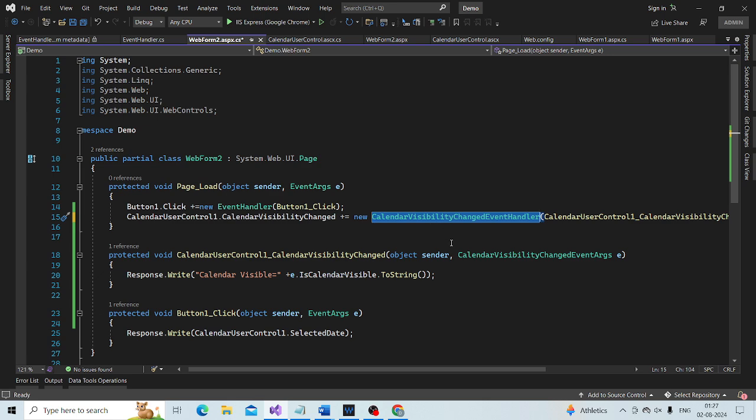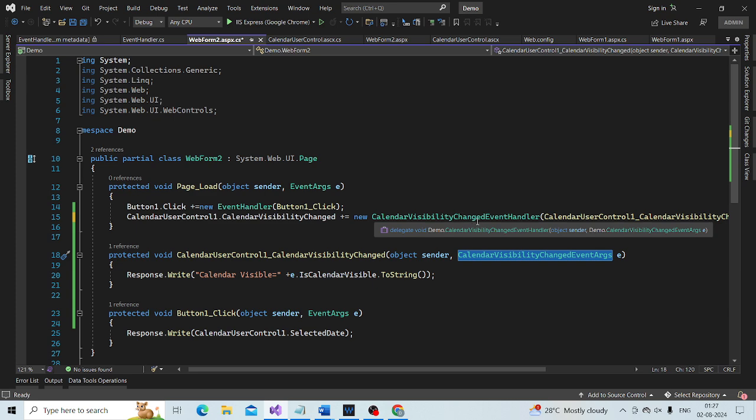We are registering this event handler method, called calendar visibility change event handler method, and this event called calendar visibility change event is happening after the method is registered. We registered the event handler method first, and then the event happens.